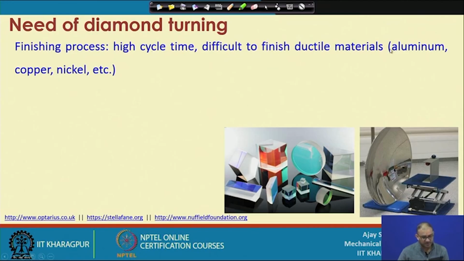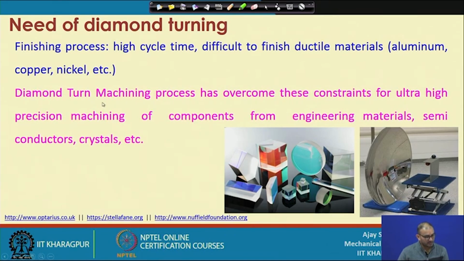Difficult to finish ductile material, because when you finish ductile material, chip formation is very difficult because of this ductile nature. It will actually do mostly the plowing instead of a shear cutting. So, copper, aluminum, nickel, these materials are very difficult to polish by this type of finishing process. So, the diamond turning machining process has overcome these constraints for ultra high precision machining of components from engineering materials, semiconductors